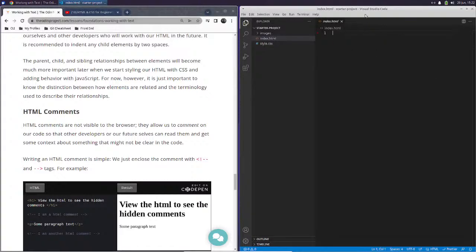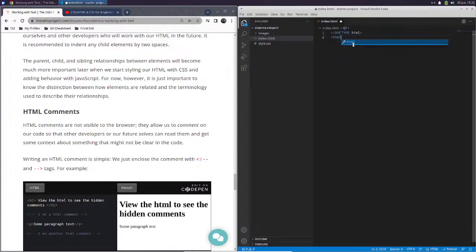Okay, so the first thing that we're gonna do today is build our index.html file to have everything that we need to make our first web page, right? Okay, so we'll declare, oh, I'm not even in there. Okay, there we go. So we'll declare doctype, and then we'll go HTML,